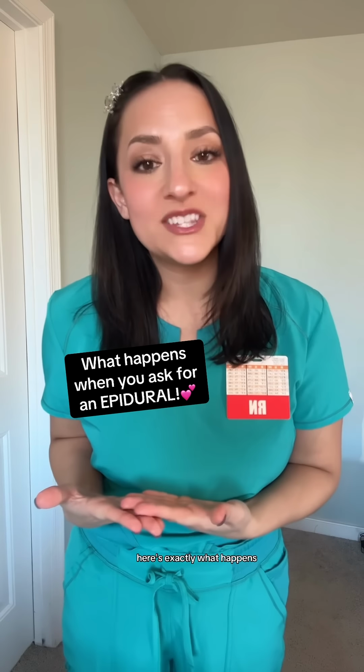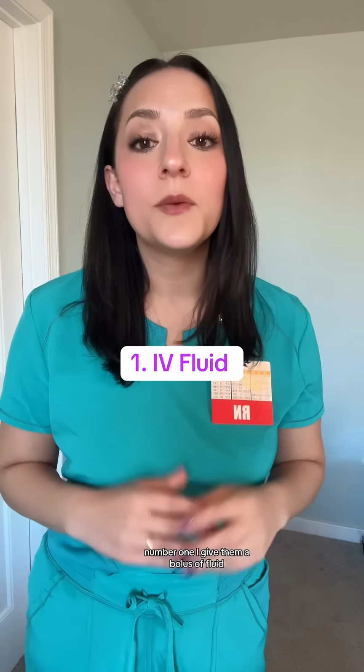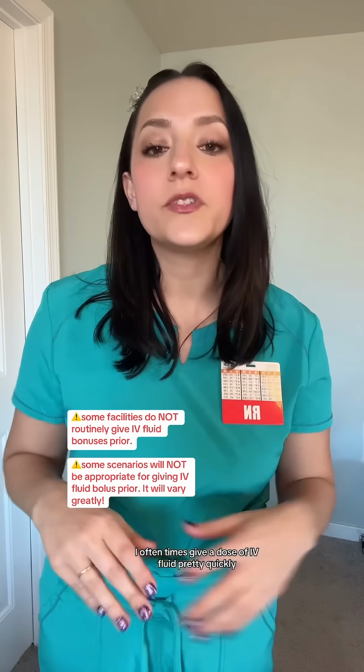Here's exactly what happens when my patients say they are ready for their epidural, if they want one, of course. Number one, I give them a bolus of fluid. If my patient consents and it's appropriate for their situation, I oftentimes give a dose of IV fluid pretty quickly,